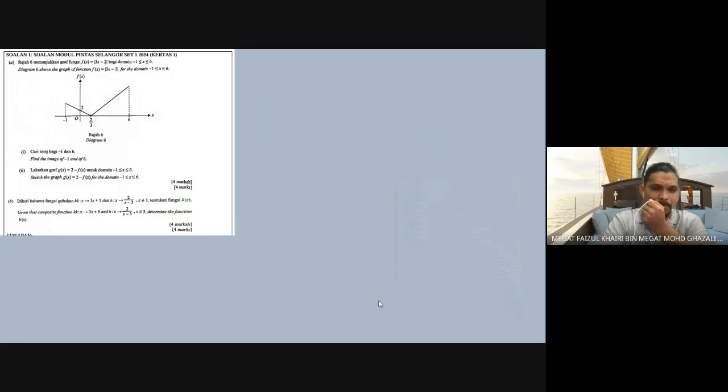Okay, so we go to the first question then. Diagram 6 shows the function of. Okay, so Kiki, before we continue with the questions, do you still remember what is the function of, for example,